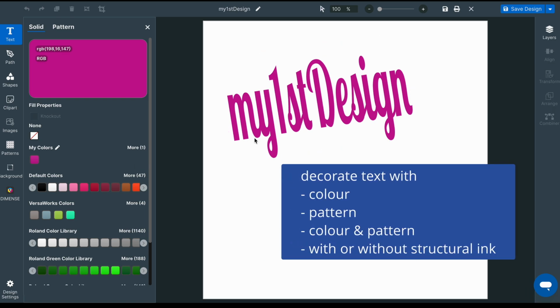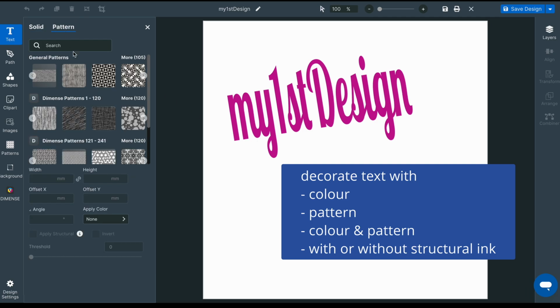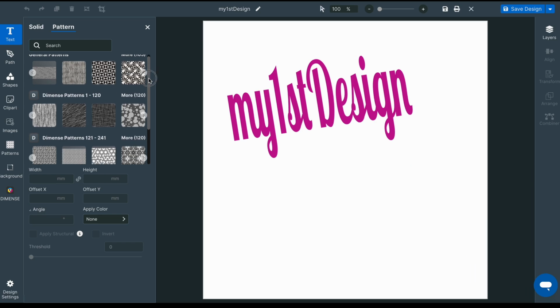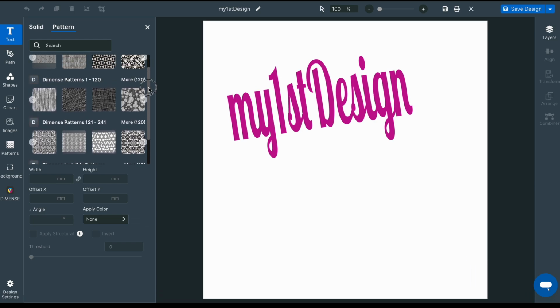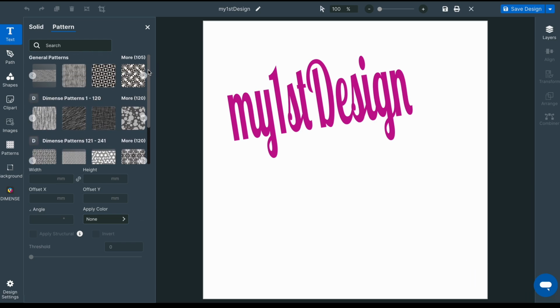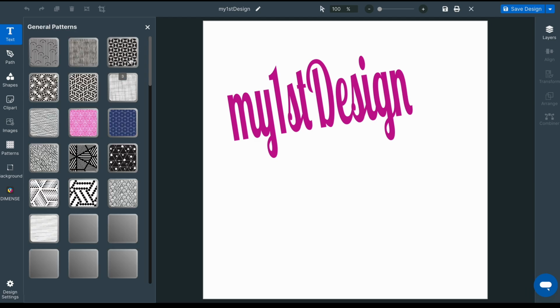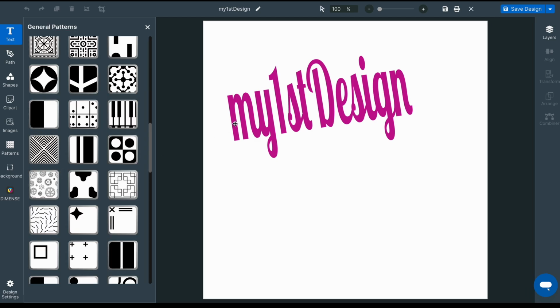A text can also contain patterns, either filled with structural ink, a colored pattern, or a combination of a colored pattern with structural ink. Clicking the pattern, I have access to a lot of preset patterns, and I can now browse for a pattern which suits my need for this design. In order to apply a pattern to the text, activate the text and click on the pattern.